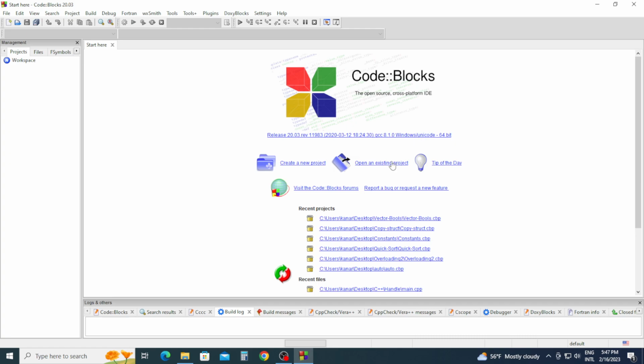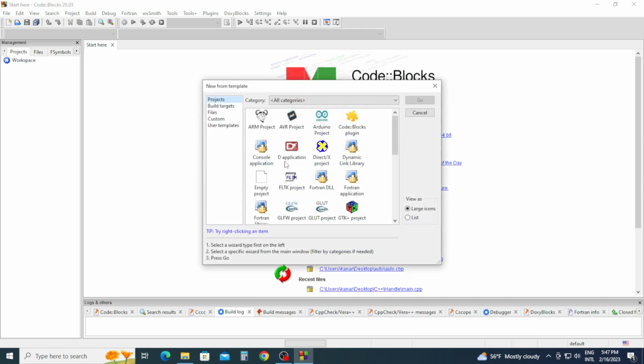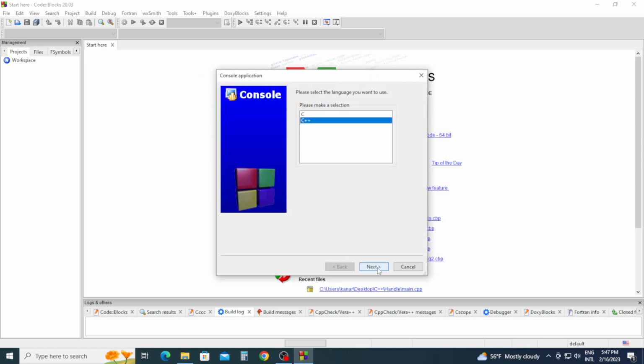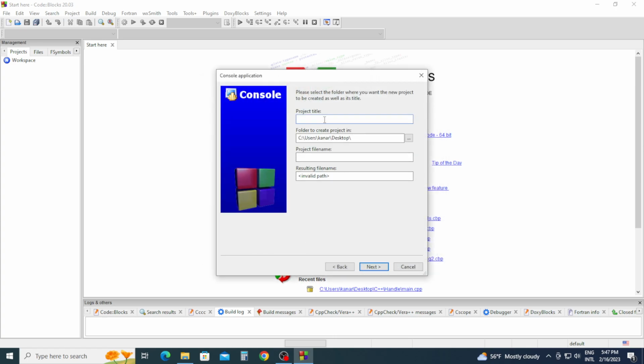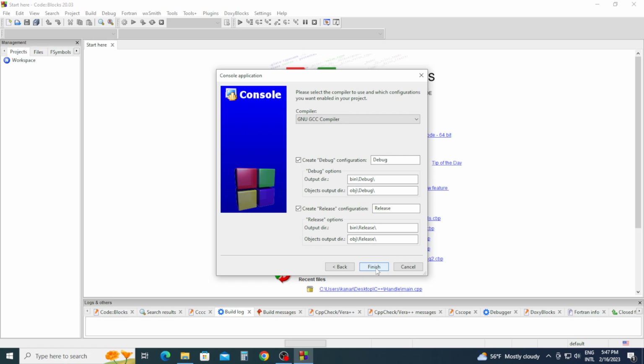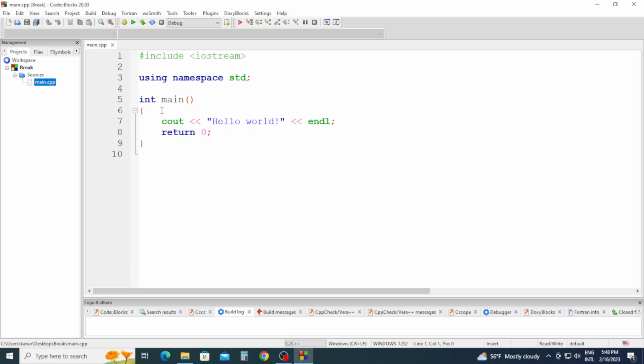To do that, we're going to create a new project, console application, click go, C++, click next, and I'm going to name this project break. Click finish. On the left hand side, double click on sources, double click on main, and in main I'm gonna